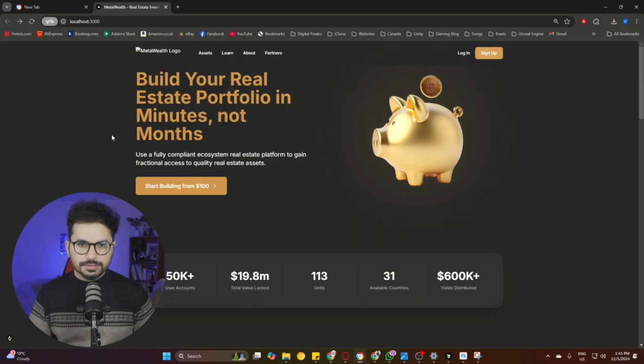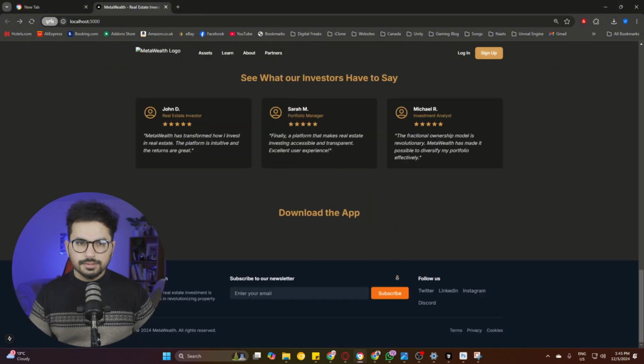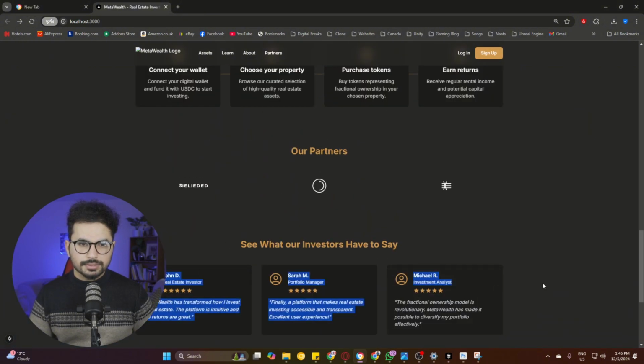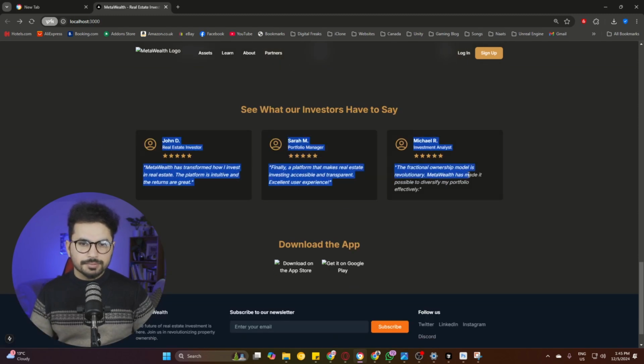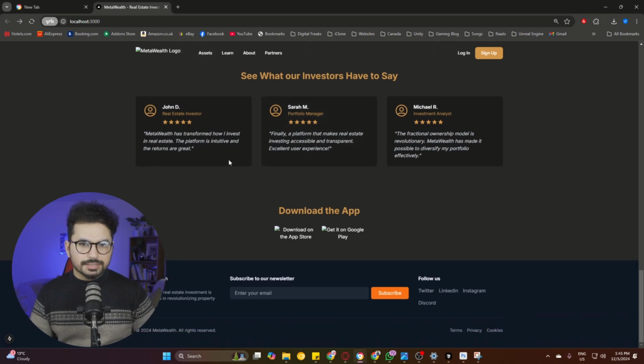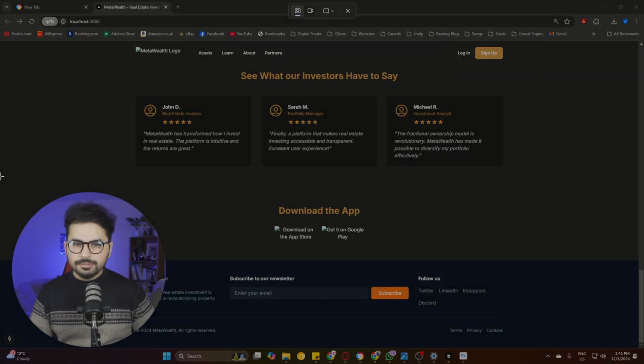Alright, let me just refresh that. Let's just refresh, and we got this nice thing, and then we got these nice icons. You can just replace it with your own partners, but we got a very nice review section. We can simply replace these icons with your own images. Now let's just implement the last part, which is this, and then